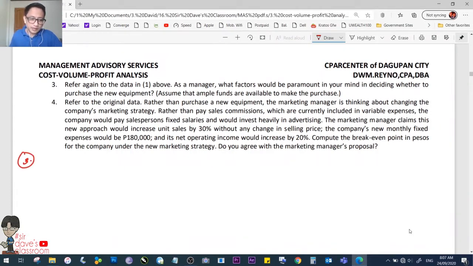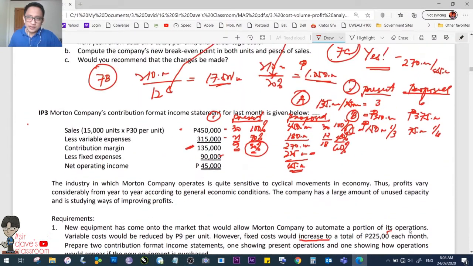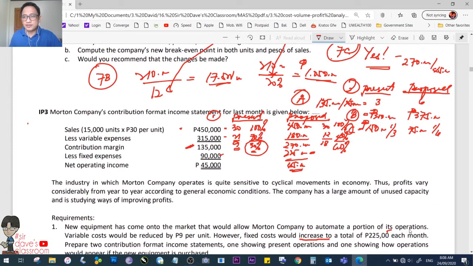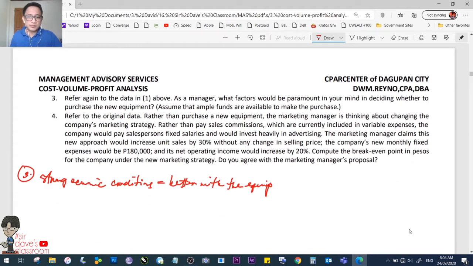So, this is number 3. Strong economic conditions. Yan. Sulat natin kahit mahirap. Better with the equipment. Bakit? As a matter of interpreting the results dito with regards to break-even results, with regards our degree of operating leverage and our margin of safety, we come to the conclusion that with strong economic conditions, we will be better with the equipment. Consequently, if there is economic recession, pasensya na kayo sa sulat, medyo mahirap, economic recession, opposite lang, worse